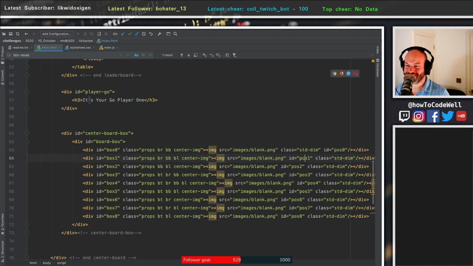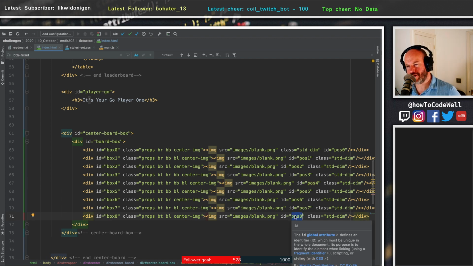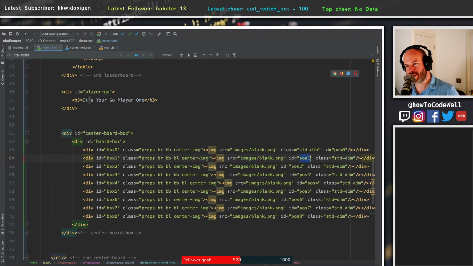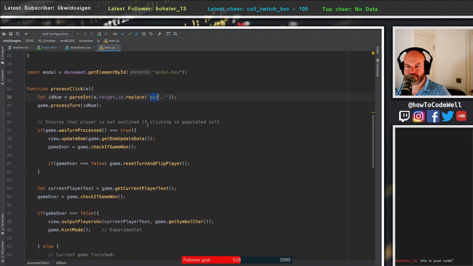I love it. Okay, so these are all the positions. Very clever. I was wondering how you were going to work out if you got 3 in a row. So we've got the positions 1 to 8 down here, and I thought this would be the boxes, but this looks like it's coming from the position. So down in here, and what Mr. DB's done is he said, let's get the ID number of the position, removing